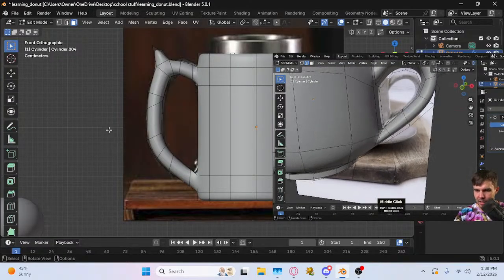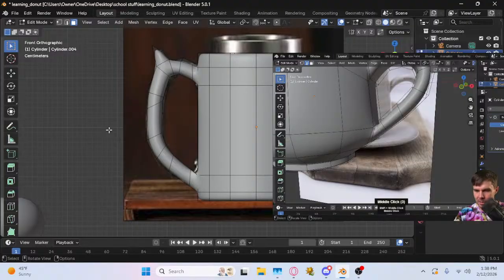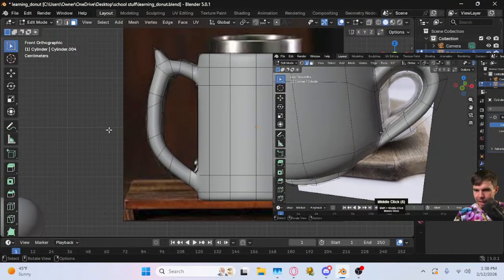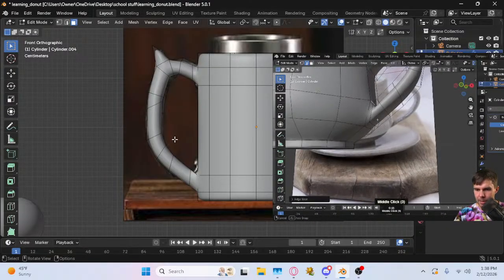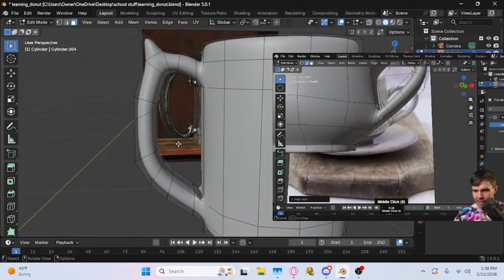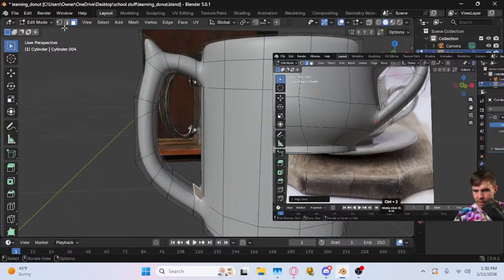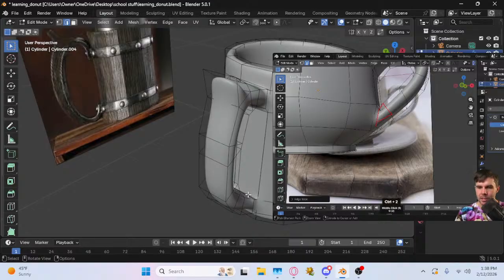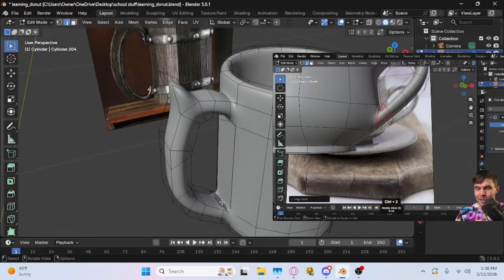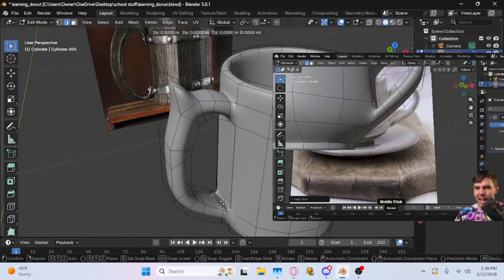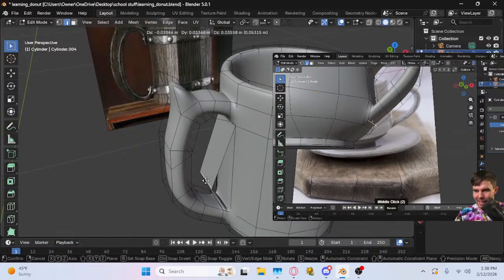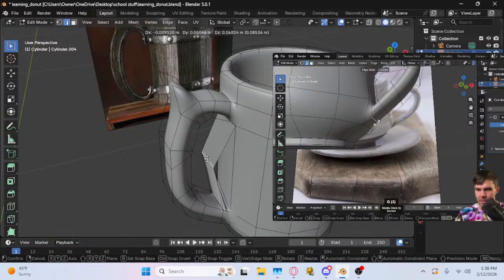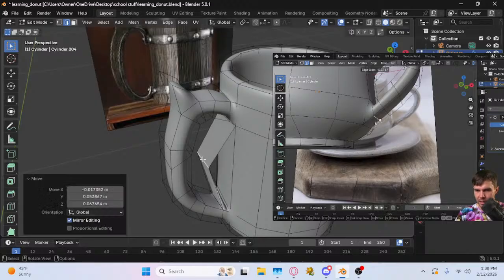The only thing I'm really going to fix is right here where it's pinching. I'm just going to select that edge there, double tap G, and slide it up so there's a little less pinching. And then this part here, you can see the shape of this face is being very distorted. You generally want to keep things as close to a squarish shape as possible. So I'm just going to select this edge at the bottom there, double tap G, and pull it out just to relieve a little bit of the